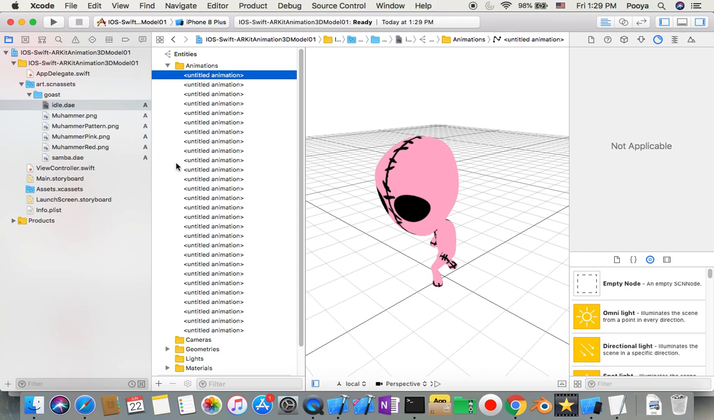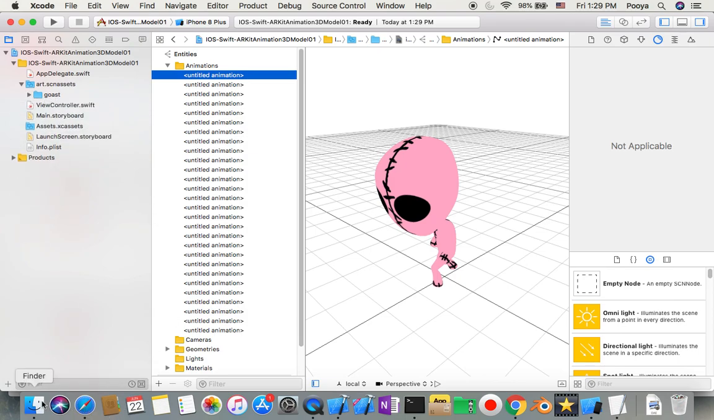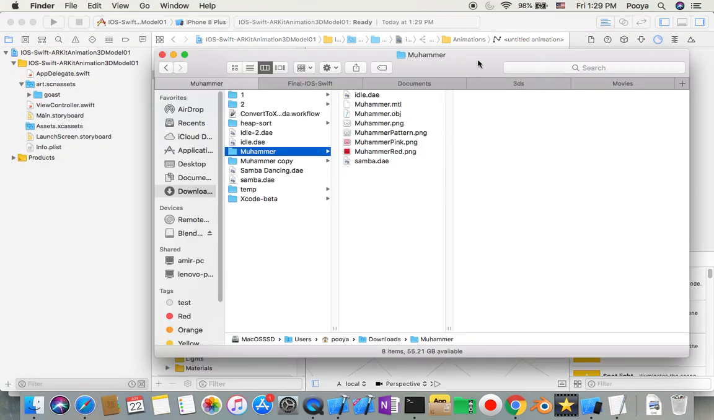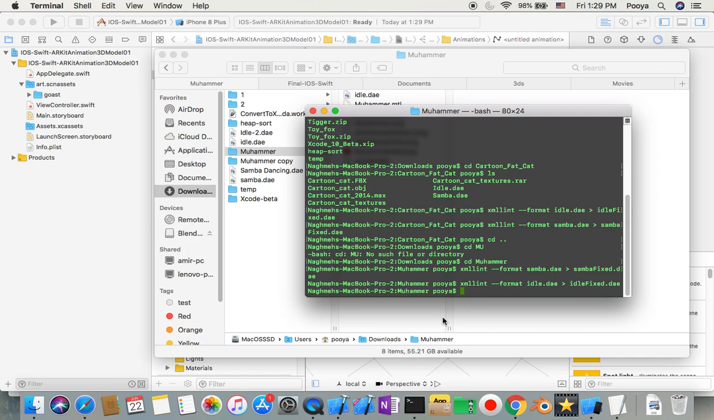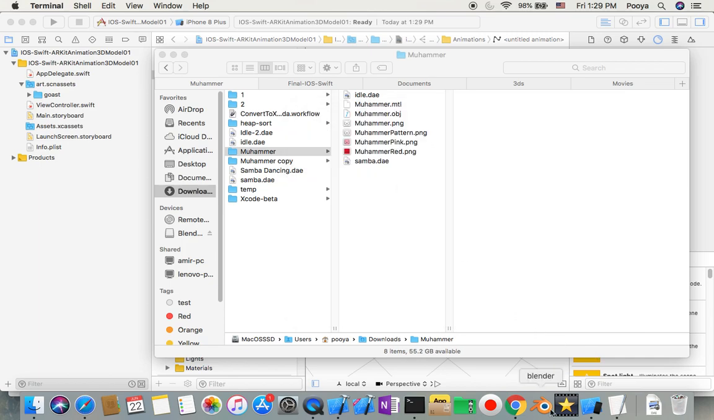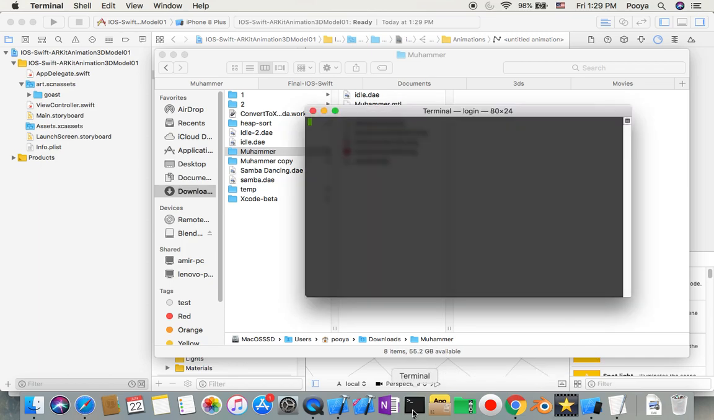this Collada model is one XML file, we are going to fix it. I'll show you how you can fix it. So we will go to our directory. So let's see where it is. It's here in my downloads. So I'll go to my terminal. Let me close this terminal. Okay, I'll go to my terminal, and